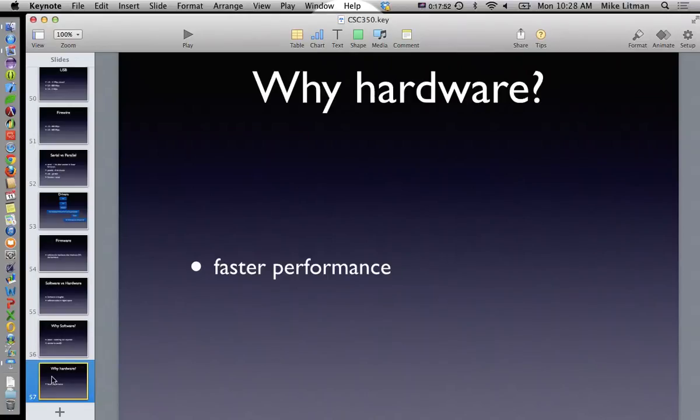Magical. They are magical. What is a CPU? If you had to describe what a CPU does, what would you say a CPU is? At a little bit lower level than it's magical.